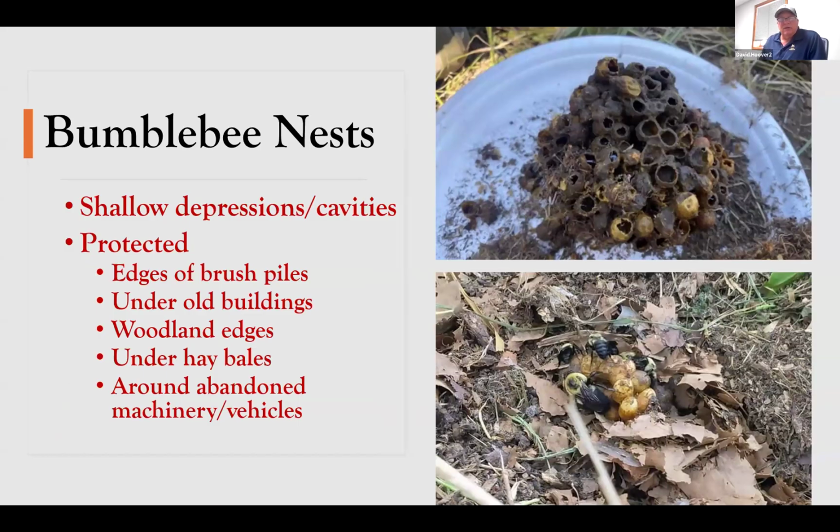They have a nest. They're considered ground nesters, but they generally nest fairly shallow. And if you've ever come across a bumblebee nest, oftentimes it'll be, like I said, on the edges of old buildings, woodland edges, maybe under a kind of a wallowed out spot underneath roots, tree roots, and what have you. But particularly around abandoned machinery, vehicles, where it's undisturbed. There are places that they're sheltered, but they'll build that nest fairly shallow, and it's just a conglomeration of cells. And